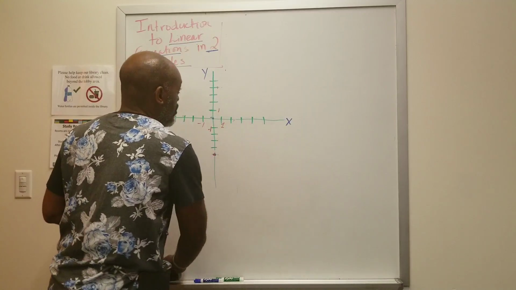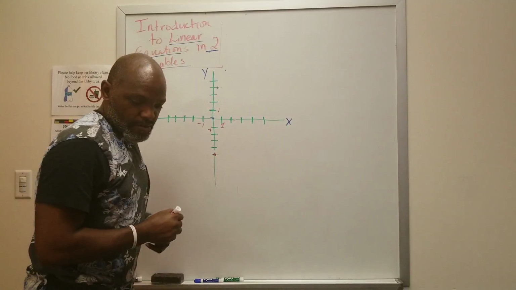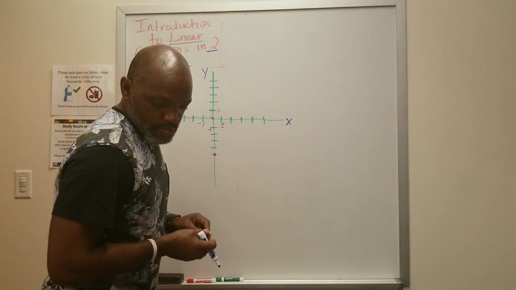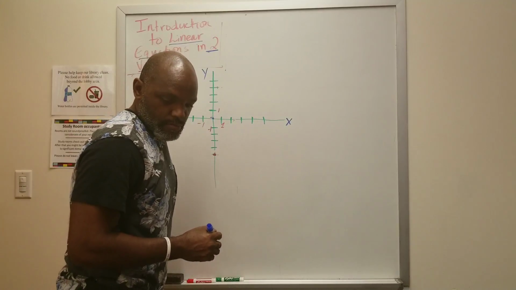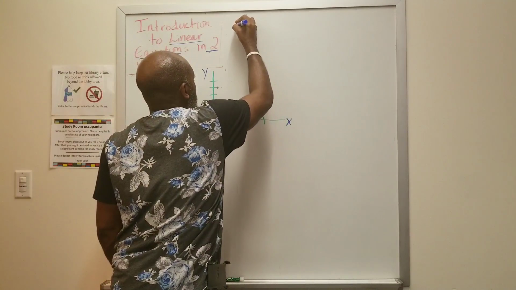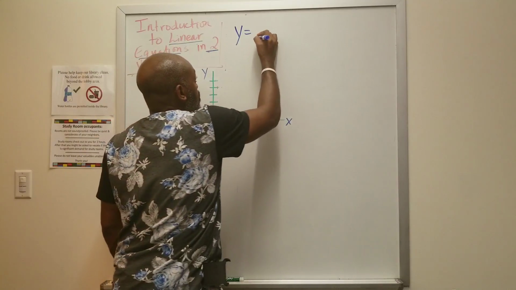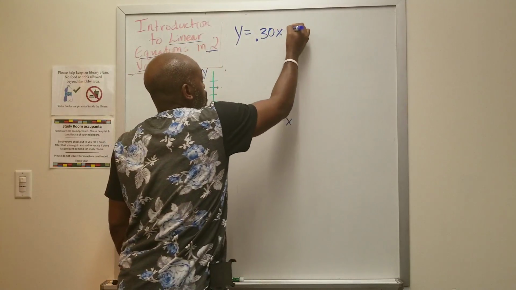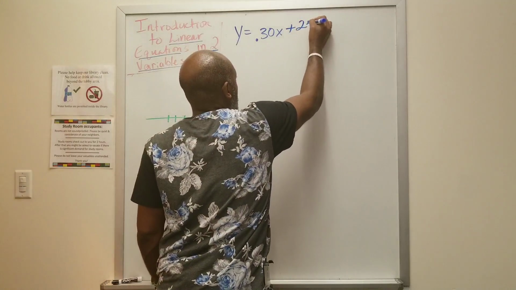Okay. Hopefully this is going pretty smooth. So now take a little bit of time to write this information. Okay. I was going to write the whole thing, but I'm not going to write the whole thing. It'll take a while. Now, this is a linear equation with 2 variables. And there's a